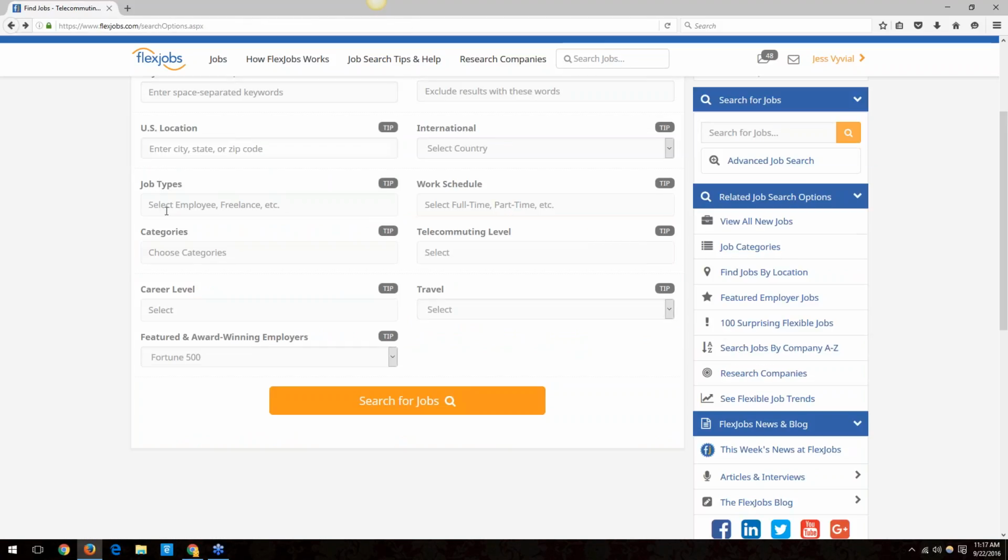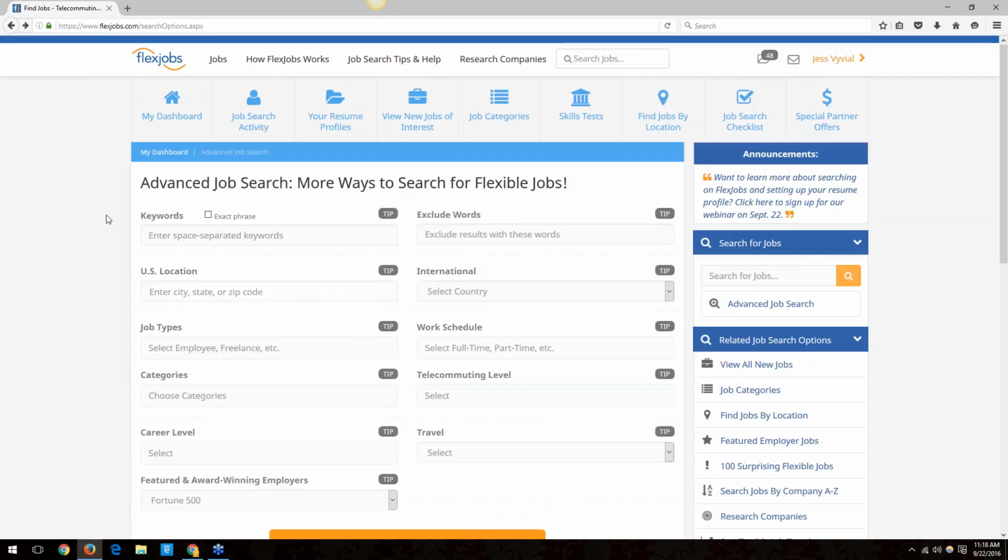All right, Jess, not sure if I'm missing anything here. If you want to maybe elaborate on anything I might have missed. Let's go over how to save a search and where a search would be located. Ah, yes, of course. So to save a search,